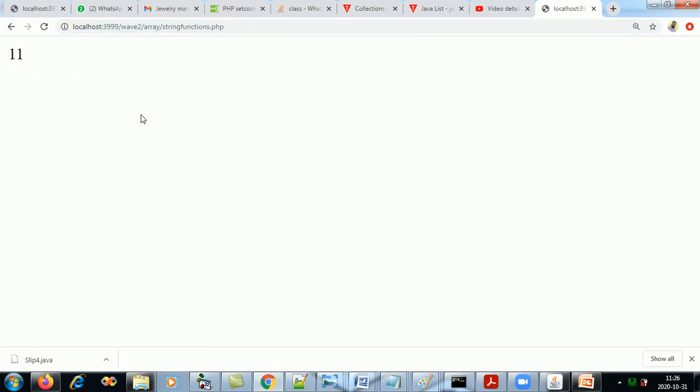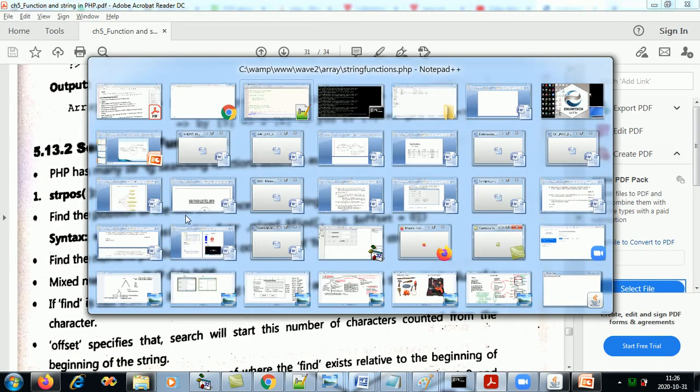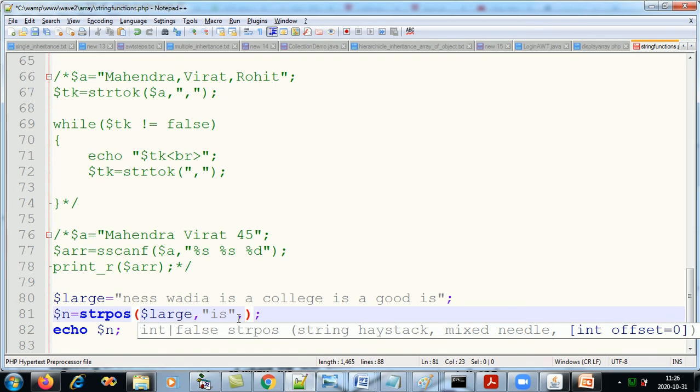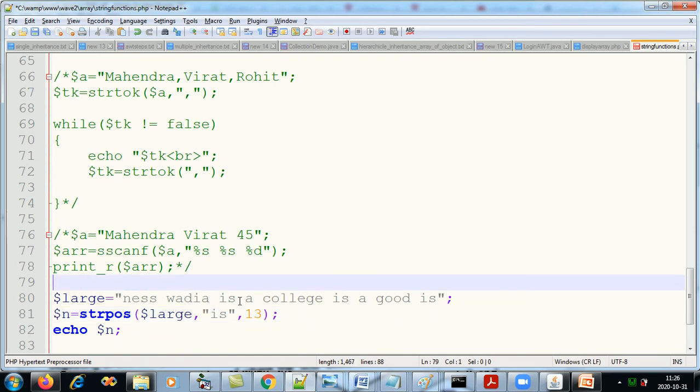Clear? 11. Okay, now I did not give the third argument. If I want to start searching from the 13th position: "i" is at 11, "s" is at 12, so start the search from here. This is excluded, but I'm starting the search from here. So after this, where is the first "is" coming?